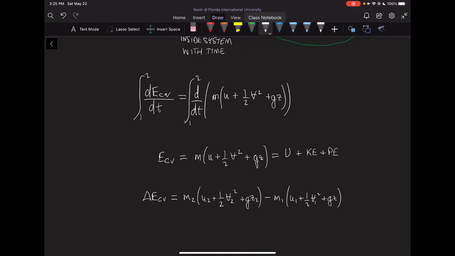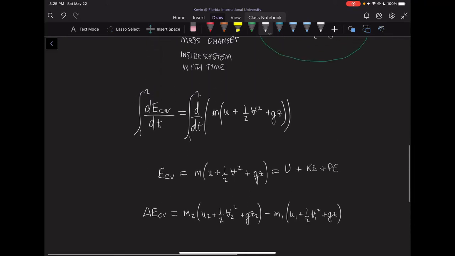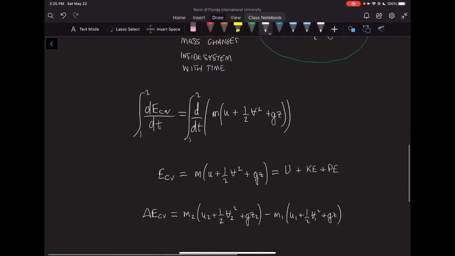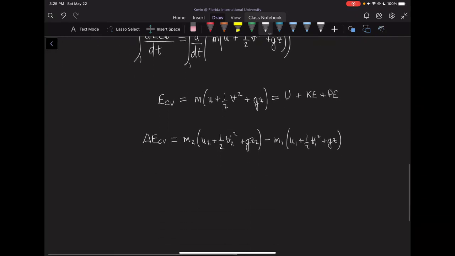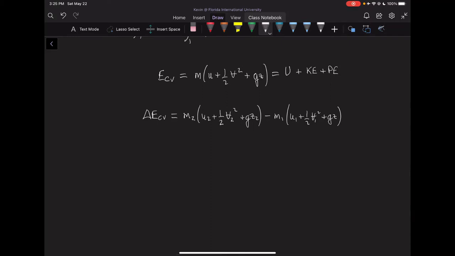So now what we can do is we can write the full transient equation now that we have a term for dE_CV/dt. Okay, so we have this term and we can now plug it into our equation for time 1 to 2 and for the inlet and exit. So if we have an open system with two different times, we're going to get the following equation. We're going to get that Q in minus work out